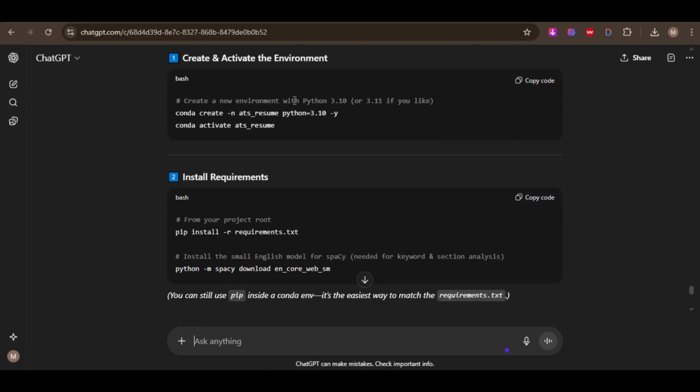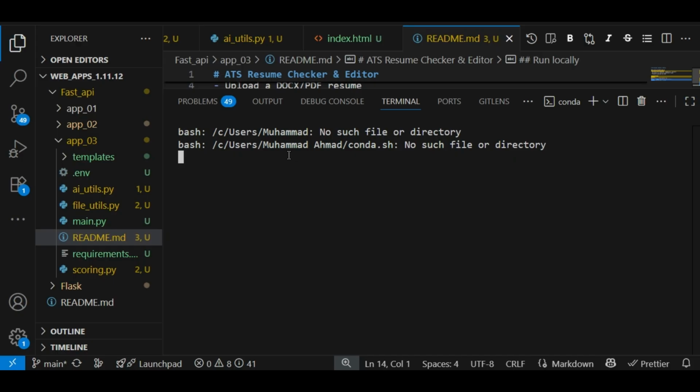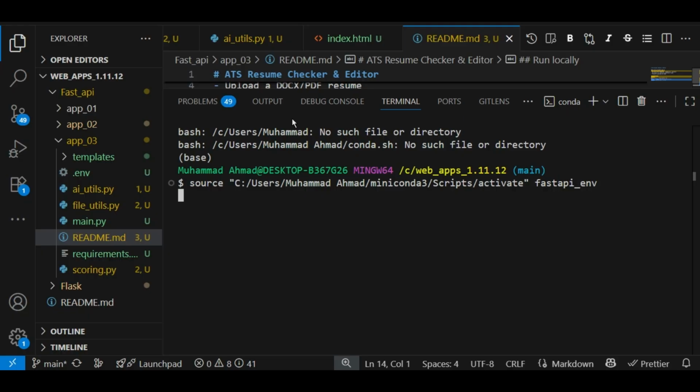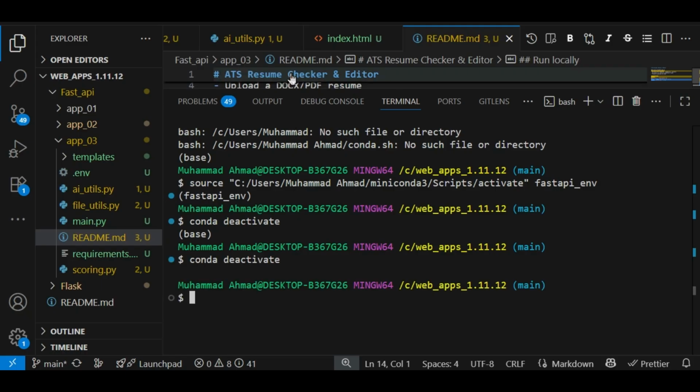Now, I already told it I am using a Conda environment, and it gave me the code to make the Conda environment. Let's make the environment. First we need to deactivate this FastAPI environment, and again we need to deactivate, and now this time I am making the environment.